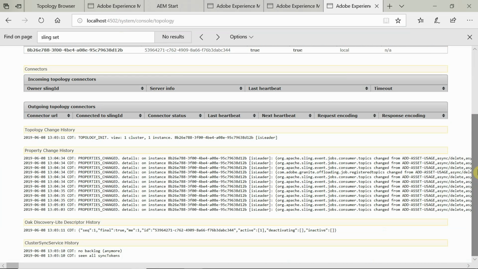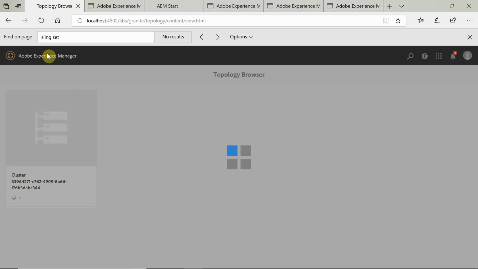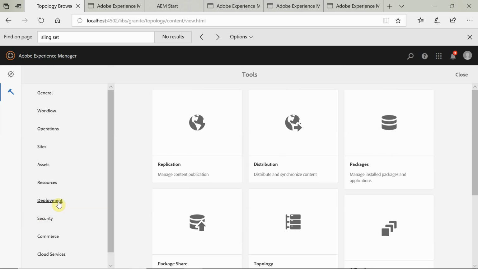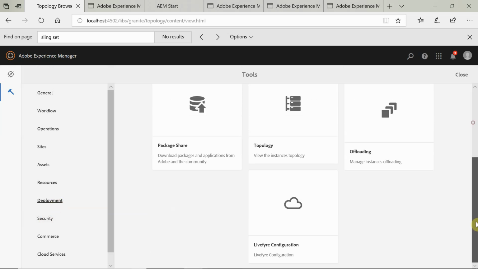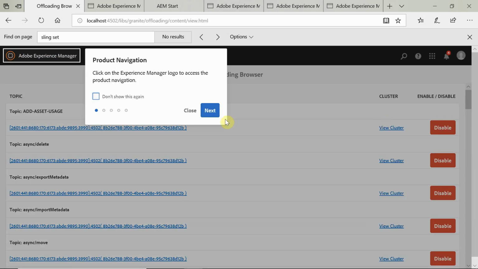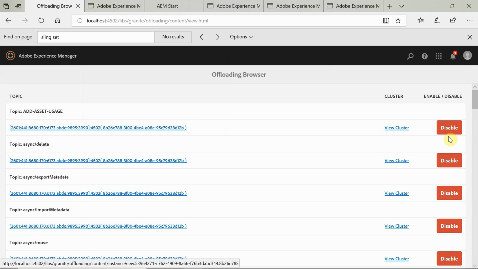Also, the jobs, we can distribute the jobs within the topology members. So for that, what you have to do is go back here, go here. So again, same tools deployment. You can see a section called offloading. If you see here, a lot of topics you can see are related to a job.